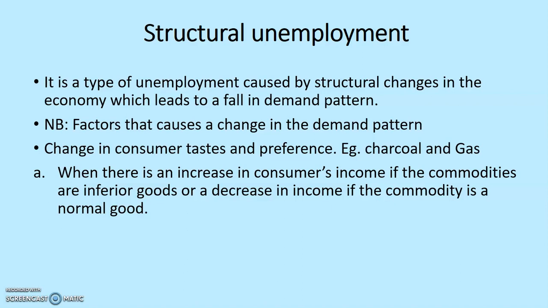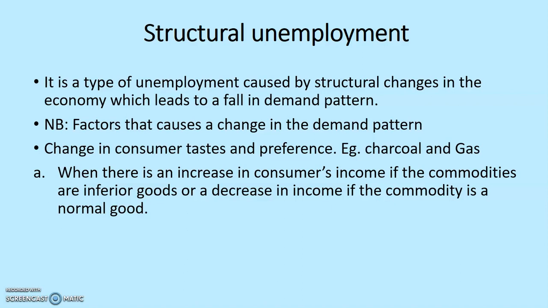Then let's look at when the good you are consuming is a normal good. Now, a normal good is any good for which, when one's income level increases, you tend to consume more of such goods. Then when your income level falls, that is when you also reduce your consumption of such a normal good. So we are saying that one thing that can cause a change in the pattern of demand